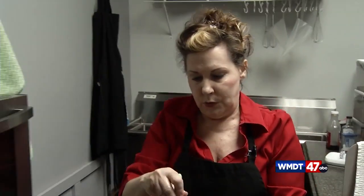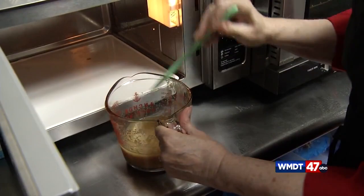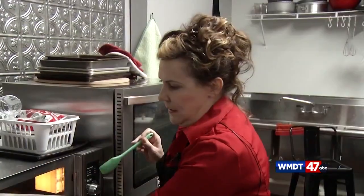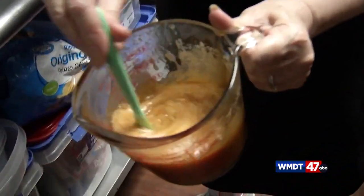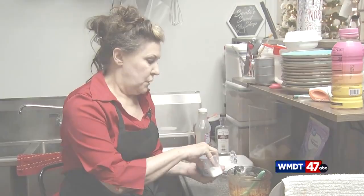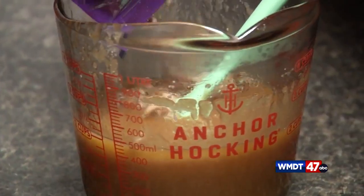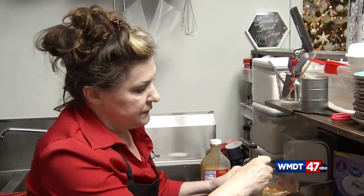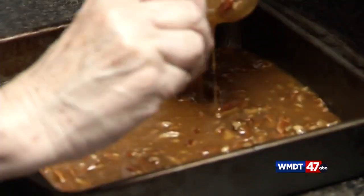It's going to cook for about 2 minutes. It doesn't take long to get that beauty boiling. All right, so this is bubbling now, as you can see. Nice and hot and bubbly. Then comes kosher salt, maple syrup, vanilla, and cream, and of course the star of the sticky bun, pecans. And once this is good and mixed, you're just going to pour the whole amount into the bottom of the